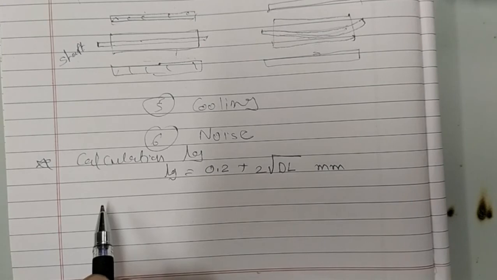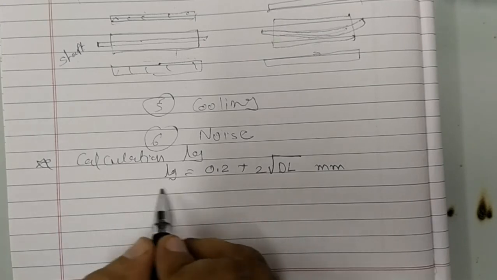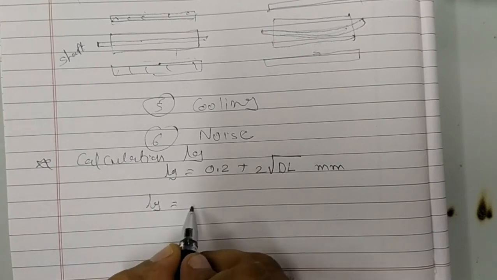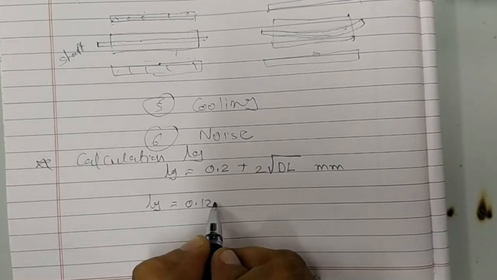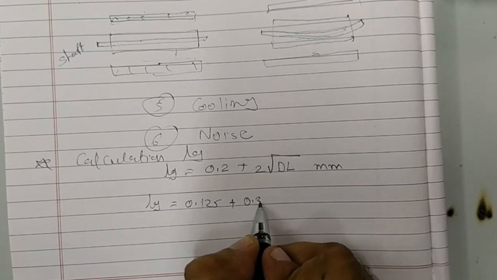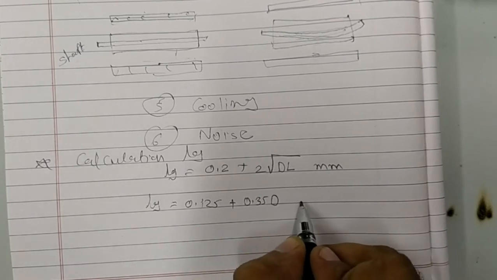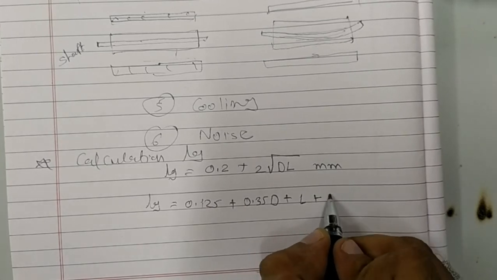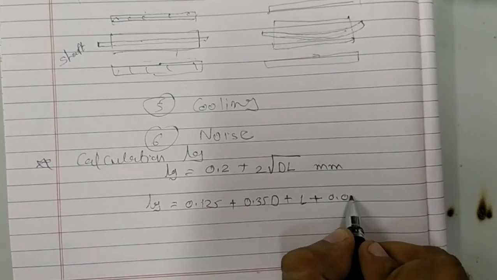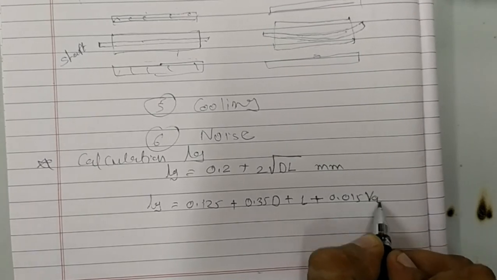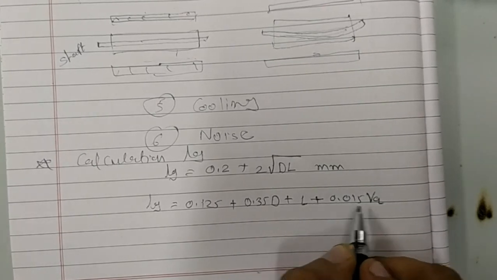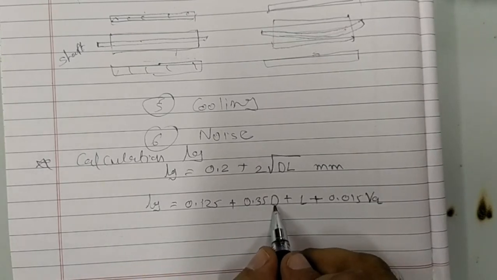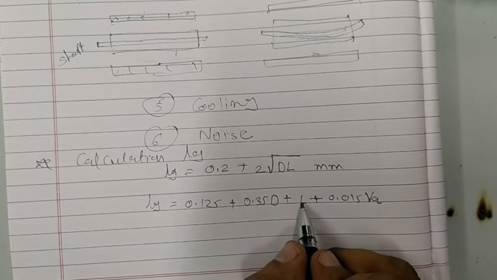When the machine is smaller, for a smaller machine we use another equation: Lg is equal to 0.125 plus 0.35 times D, that is the diameter, plus L, that is the length, plus 0.015 times Va, where Va is the peripheral speed. So for a smaller machine, the length of the air gap equation depends on three things: the diameter, length,